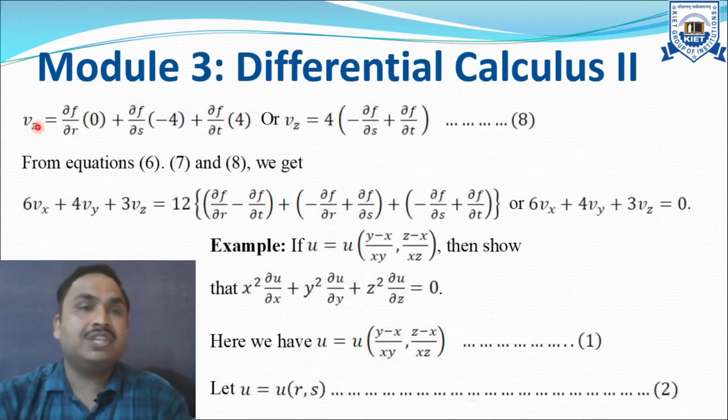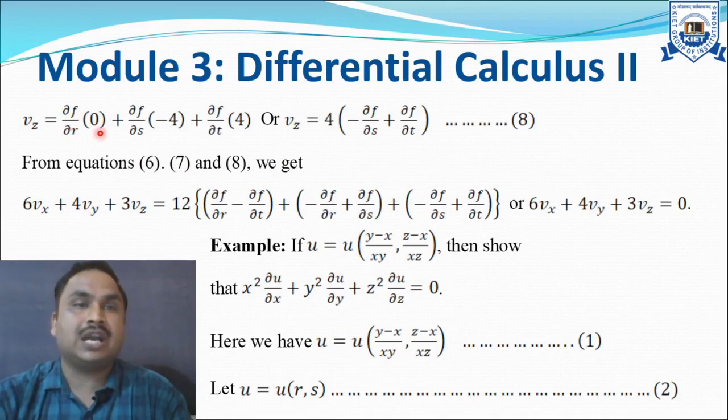and get vz equals del f upon del r into 0 plus del f over del s into minus 4 plus del f over del t into 4. On simplification we get vz equals 4 into minus del f over del s plus del f over del t. Now using equations 6, 7 and 8, the value of 6vx plus 4vy plus 3vz will equal,